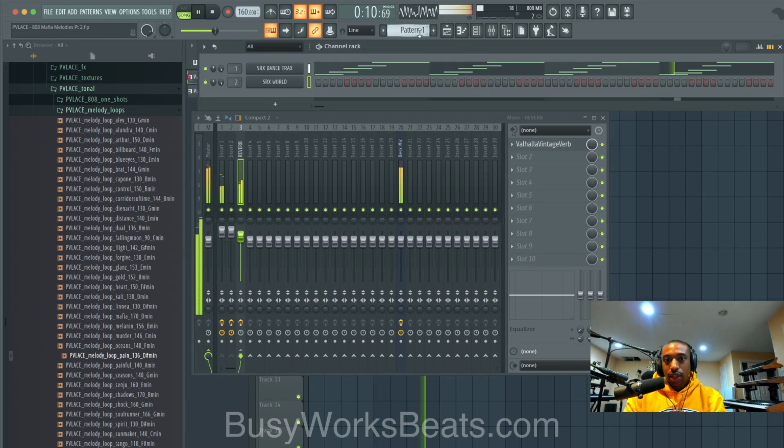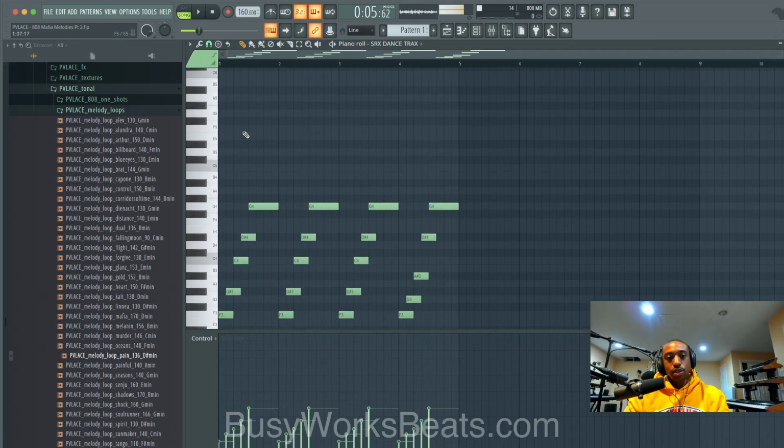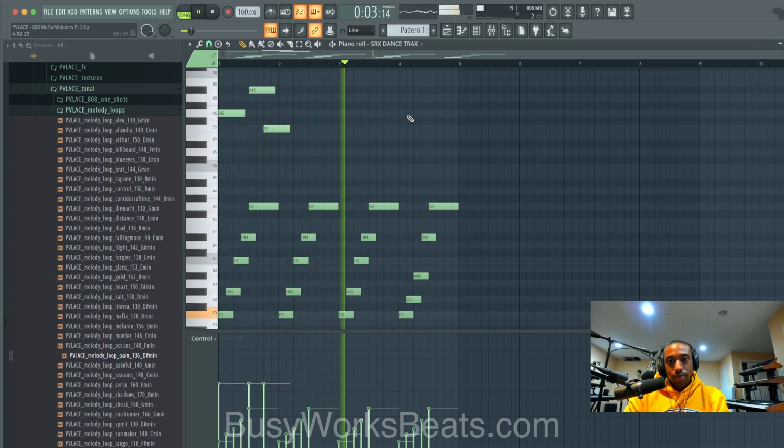So again, you can mess with the velocity, you could add more layers to this. I'm not gonna complicate the video to make this super long, but you could add another layer of melody. Let's go back. And then mess with the velocity up here. Then we could do dun dun dun.